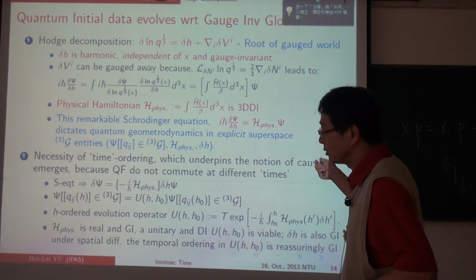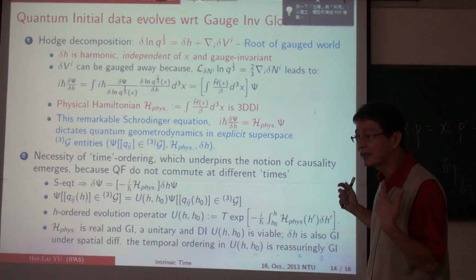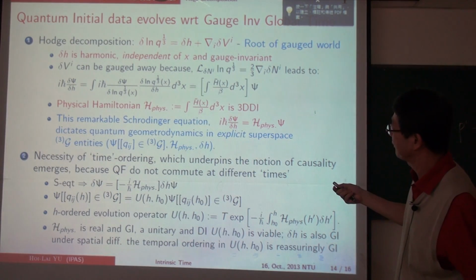I think this is the root of why the world is gauge. Without gauge theory, there's no way you can collapse on the right